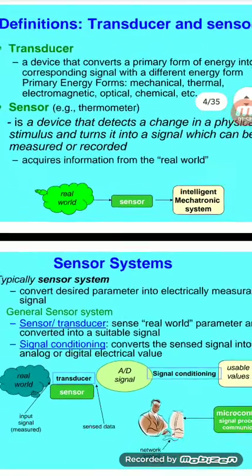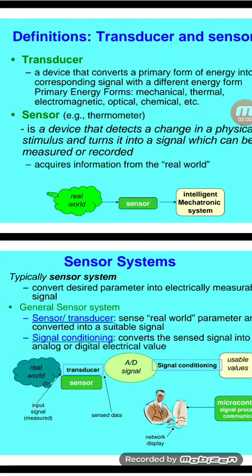That means the sensor acquires information from the real world. What is the purpose of the sensor? The sensor is used to detect some object, at some range, or sunlight. That is a sensor. After that, we use the output device. So, input and output.